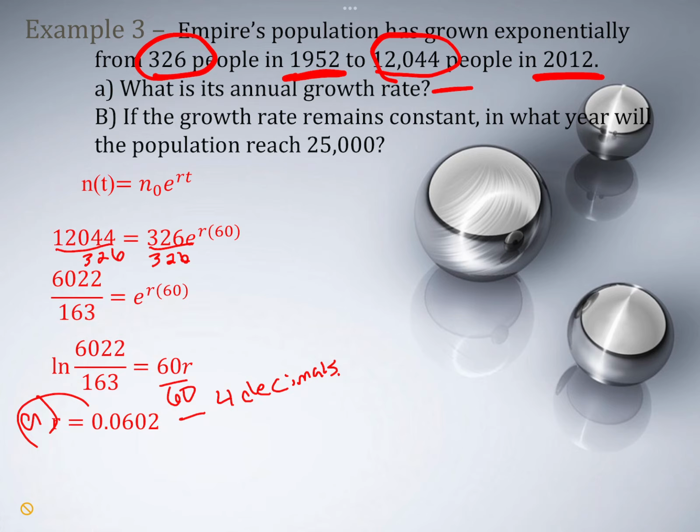What is the annual growth rate? So that would be our answer here. Or you could say that it's 6.02%. Part B: if our growth rate remains the same, so if we keep that 0.0602, what year will the population